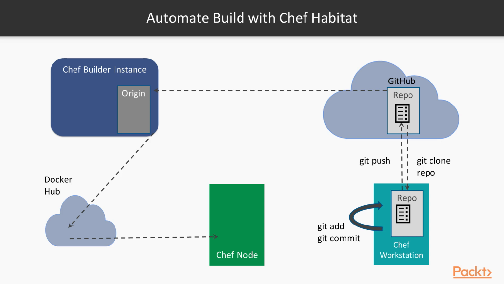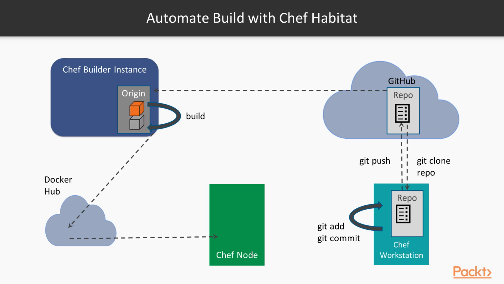But how does the Chef Builder instance interact with our GitHub account? We would have to authorize the Chef Builder instance to get access to our GitHub account. And whenever changes are made after the authorization is given, there would be a trigger, and the Builder instance understands that new code has been pushed and that it needs to build that. It would go ahead and start the build. The build is triggered and the package is created.